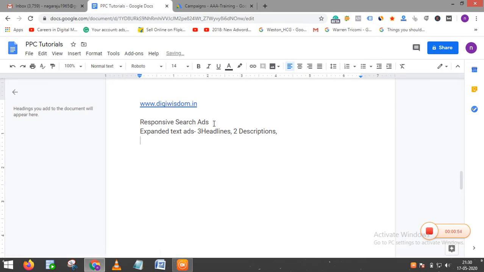But in responsive search ads, you will find a maximum of 15 headlines and 4 descriptions. So this is the only difference between the normal expanded text ad and the responsive search ads. Now we will see how to create responsive search ads.